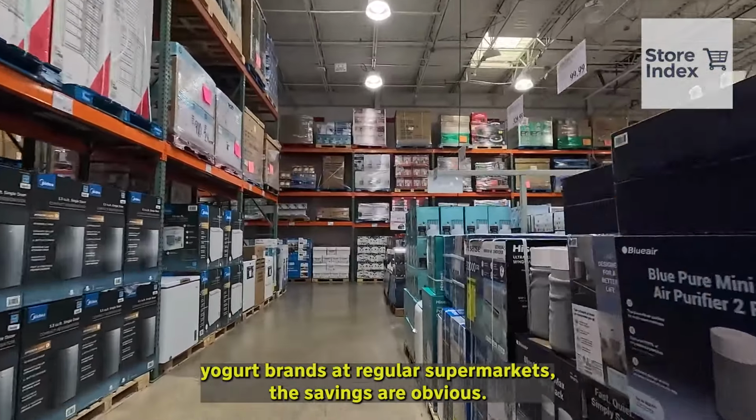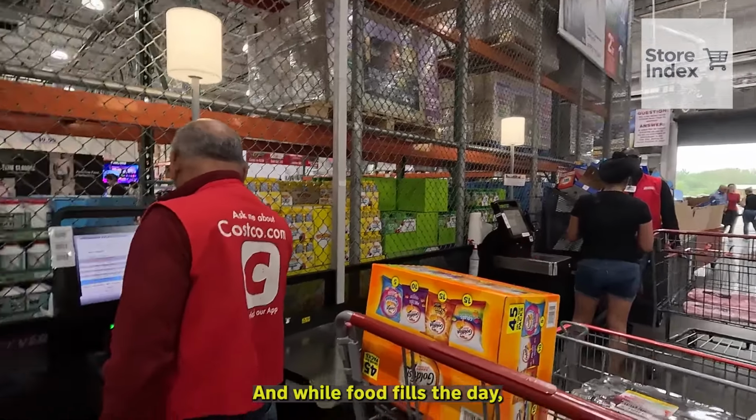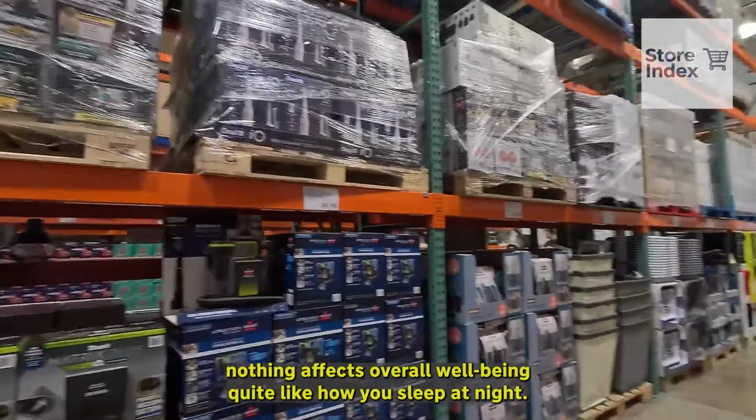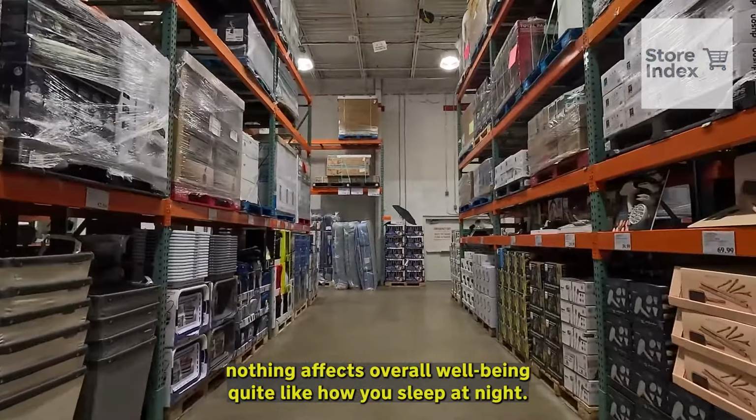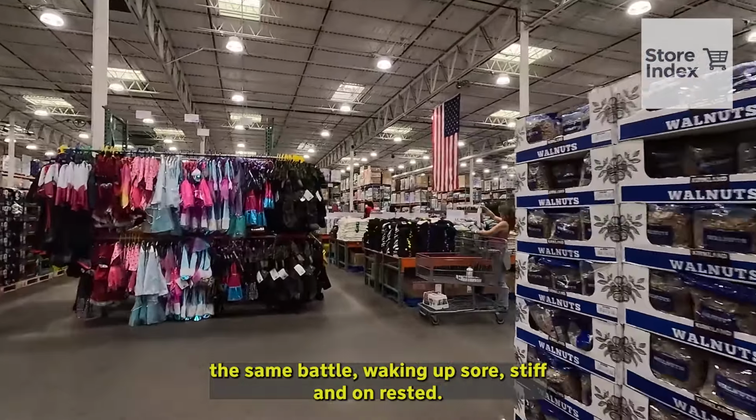It's an easy way to keep nutrition high without pushing your spending to match the marketing. And while food fuels the day, nothing affects overall well-being quite like how you sleep at night. A lot of seniors quietly fight the same battle, waking up sore, stiff, and unrested. Often, the mattress is older than anyone wants to admit, sagging in the center, too hard in some spots, too soft in others. High-end mattress stores make upgrading feel like a luxury purchase with showroom prices that can easily cross